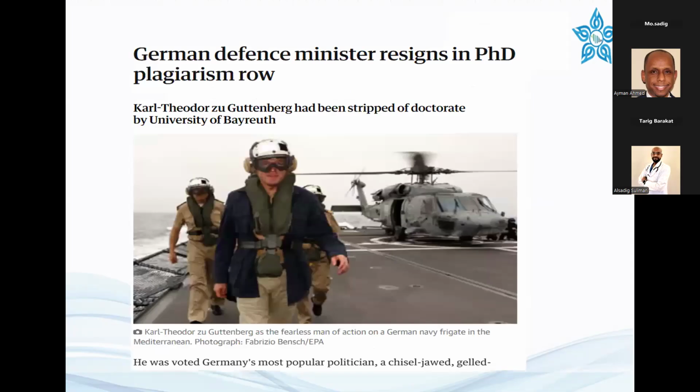Also, one of the most common scandals was that of the German defense minister, who was forced to resign when they found that he plagiarized most of his PhD dissertation. One of the journalists discovered that and approached Angela Merkel, and told her that her defense minister plagiarized part of his PhD. She was very rude to that journalist. She said he's doing great as a minister of defense, and I'm not going to appoint him as a professor